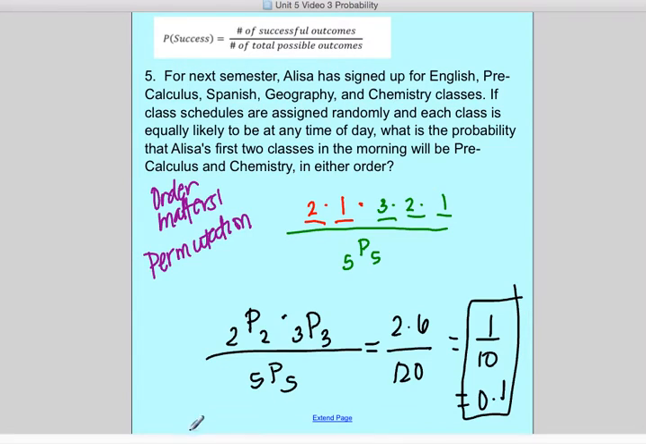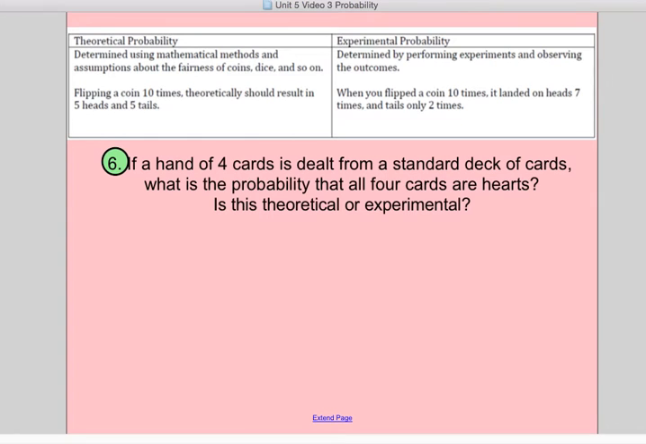The next thing we need to talk about is theoretical and experimental probability. Okay, so theoretical probability is determined using mathematical methods and assumptions about the fairness of coins, dice, and so on. Okay, so if we're flipping a coin 10 times, theoretically, what should our results be? We should have 5 heads and 5 tails. Okay, so that's theoretical. Experimental is when you actually do it and you observe what happens. So when you flip a coin 10 times and it lands on 7 heads and tails only 3 times,